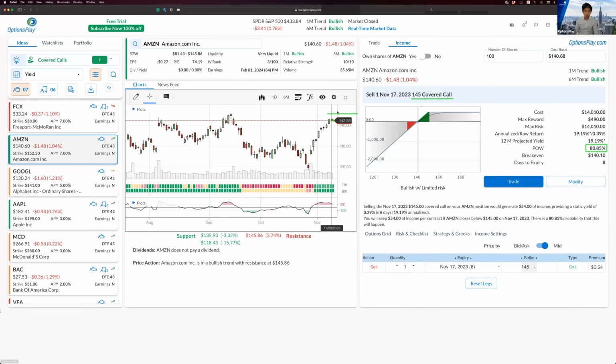So basically, every single week, the maximum gain you have in the upside here is about $3. That's really where you're going to sell yourself short in the long run, because if one week's a $10 move, guess what? You don't get to capture it. And you've captured such a small premium in this particular case, only $54 worth of income on a $14,000 position,